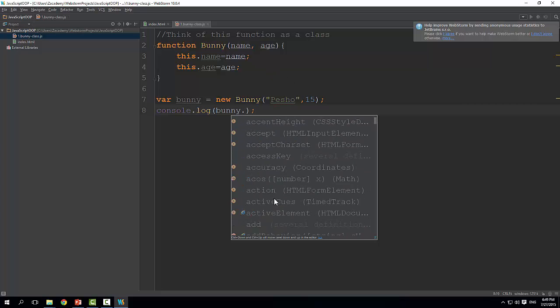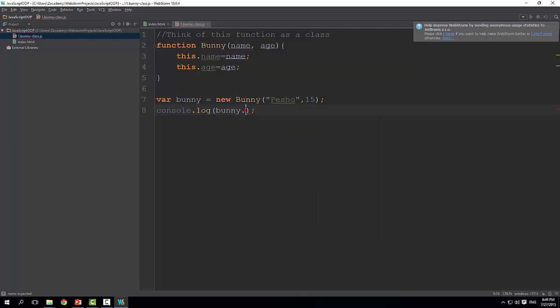And after that we have some other things which we're not going to look at, but we also have prototype here, which we are going to be using later. So right now I want to print the age of the bunny. And if we run this,